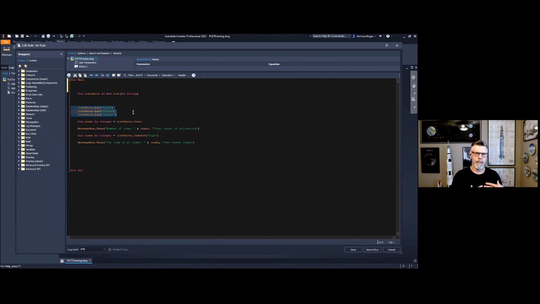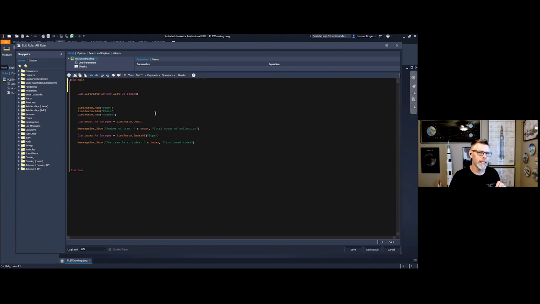Now, in this case, I'm very explicit in terms of the value that I want to add. But you can use a combination of other variables that collect information, say names of components, or some property value out of a component. If you're going to iterate through an assembly and you want to get a property out of those components, you can iterate through and then populate that list, not by an explicit string value, but by some other variable that was populated from some other method. Okay, so it's very easy to populate information in collections.